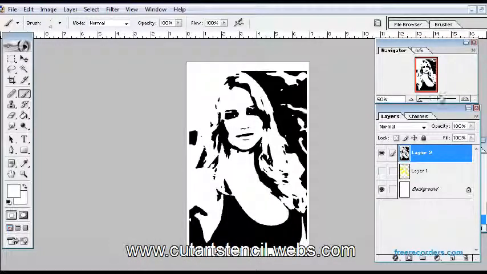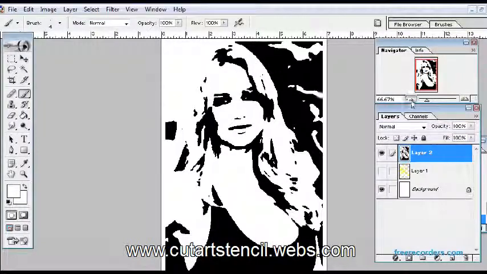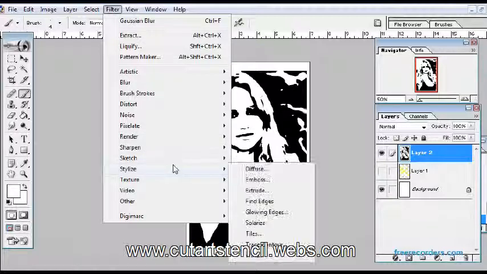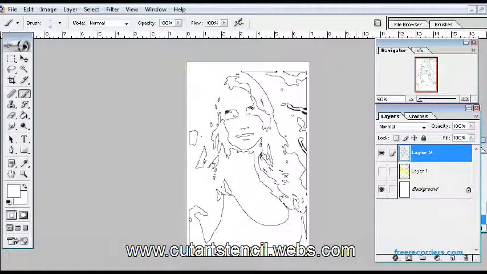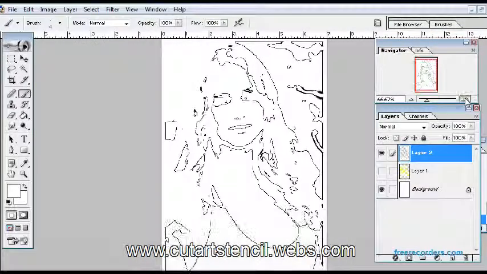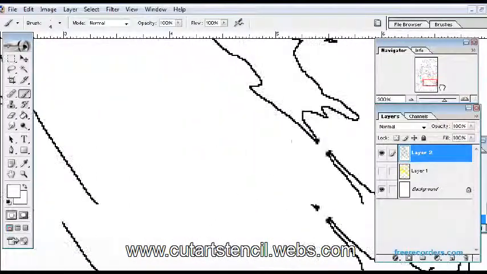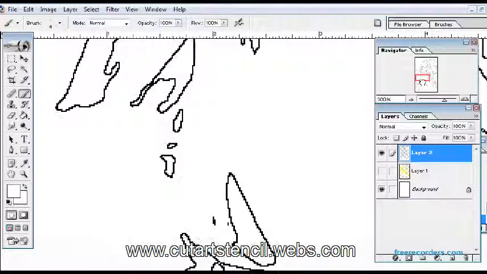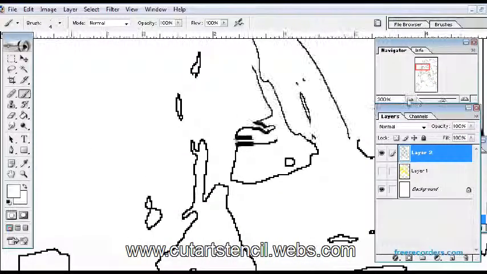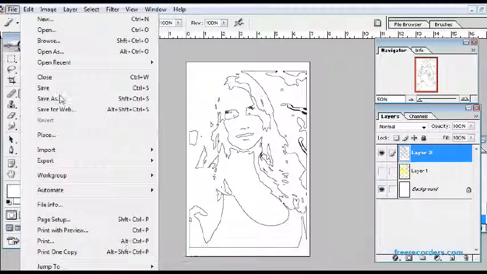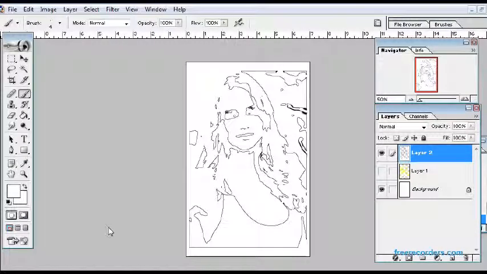You can just take a printout of it and cut all the black areas and print them using your basic spray paint or roller or daubing technique. If you are using Katart stenciling finest cutting tool, that is Katart Stencils Pro Kit, then you use another filter, that is filter find edges. The advantage of the find edges tool is that you get clear outlines on which you have to run your pen, because our pen is extremely fine. So these lines will give you a good guide on which you can run your pen and you can cut the stencil easily.